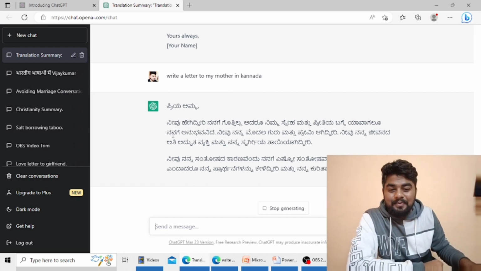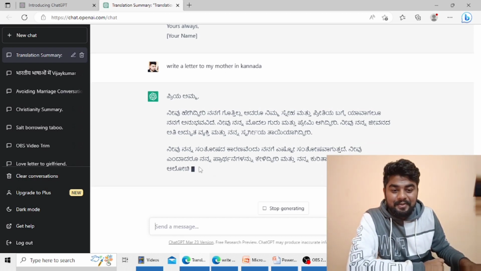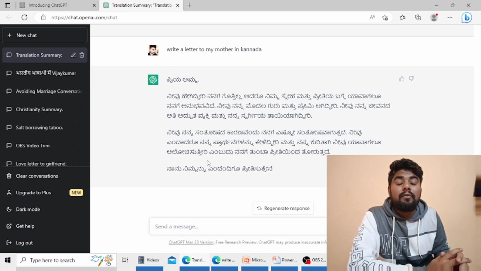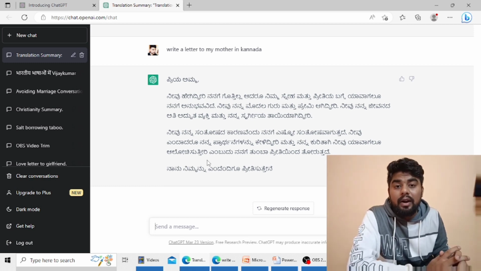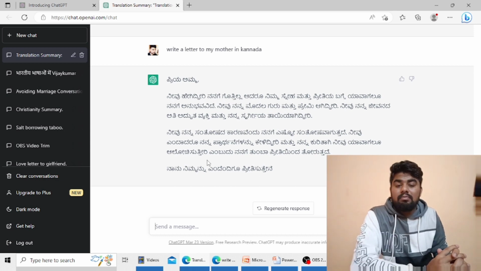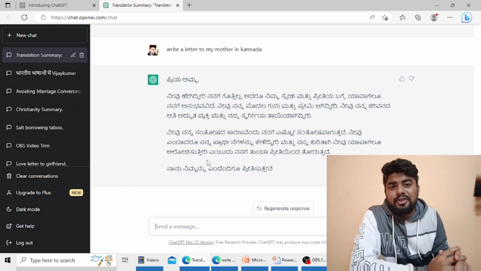Okay, so this is how it works. All the information which is available so far has been gathered somewhere, and this ChatGPT has been trained on that information. That's how, when you ask something, it goes to the exact information, fetches it, and thinks what is the question, what we actually want. It understands what we are asking and it gives the answer. So this is a big game changer, guys.